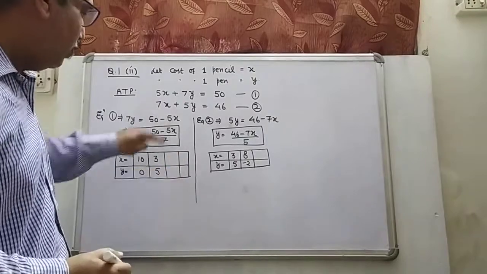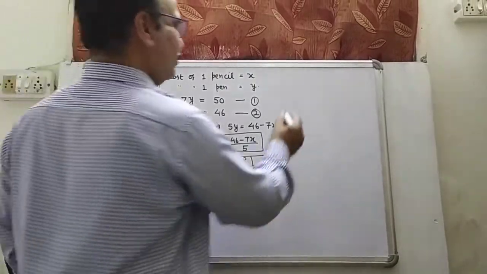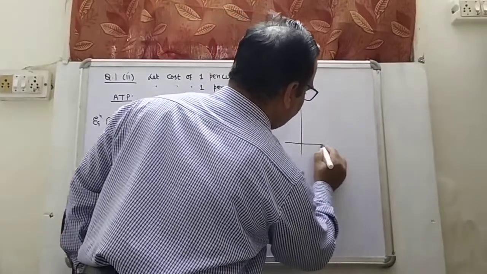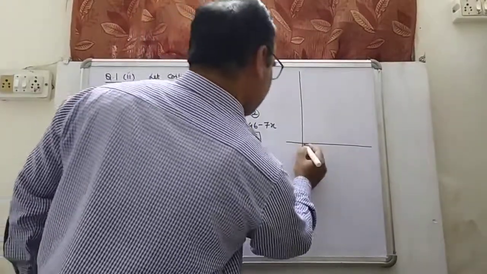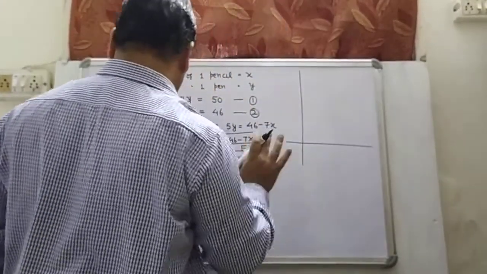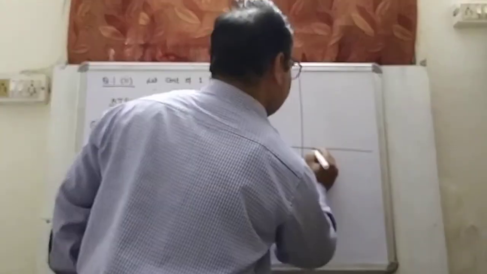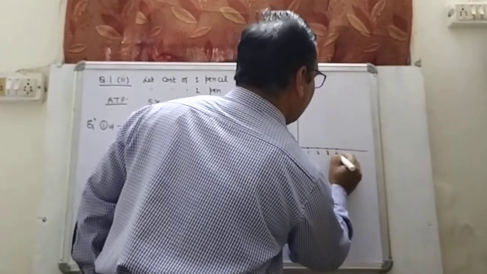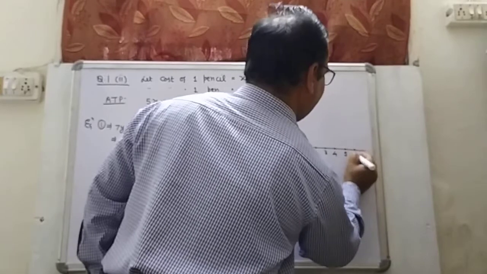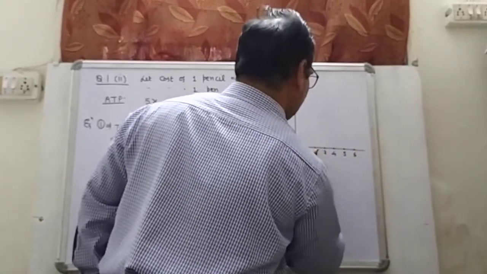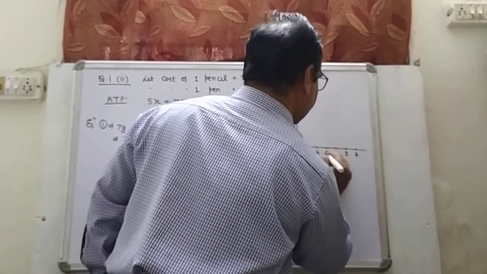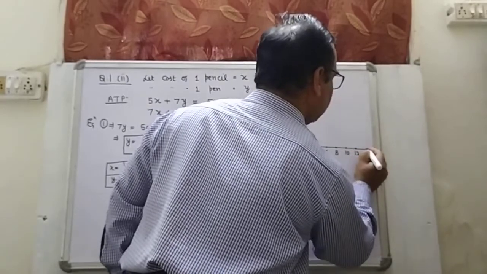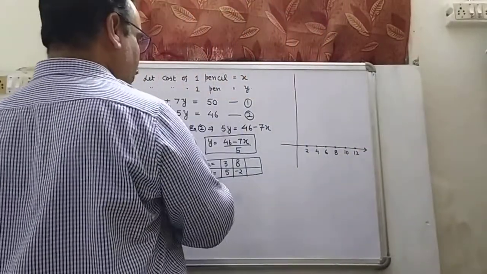Now we have to plot the graph using these two things. Let me see how we can do that. y is minus 2. The values of x are positive, no problem, up to 10. Let me take smaller values: 1, 2, 3, 4, 5, 6. That will not work, so it is 2, 4, 6, 8, 10, 12. These are the values of x.